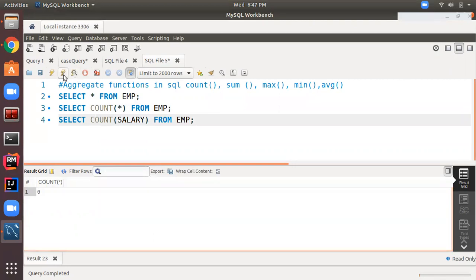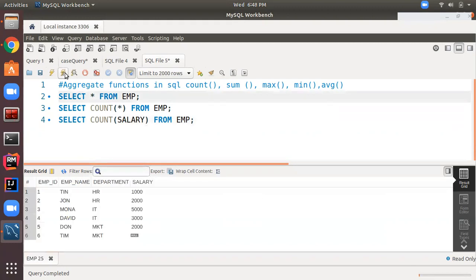Why? There is a reason behind that. When I specify a specific column with the count function, it will check the values for this column, and if any row has a null value for this column, it won't count it, it won't consider it in the count. Let's check the records again. Here, as you can see, for the last employee, that is employee ID 6, Tim doesn't have a salary. We didn't specify salary here. It's showing as null. Null means not zero.